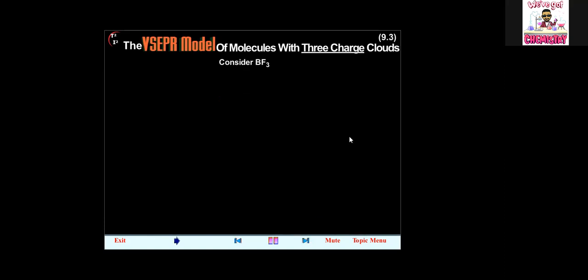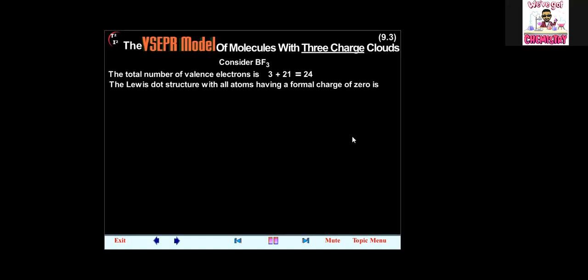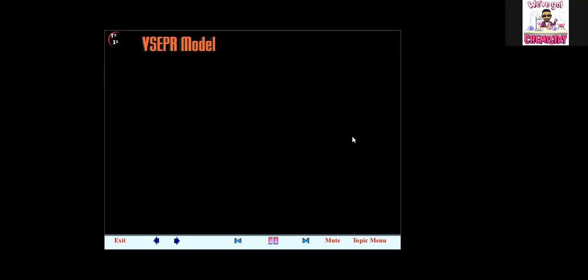Consider BF3. The total number of valence electrons is 3 plus 21 equals 24. The Lewis dot structure with all atoms having a formal charge of 0 is